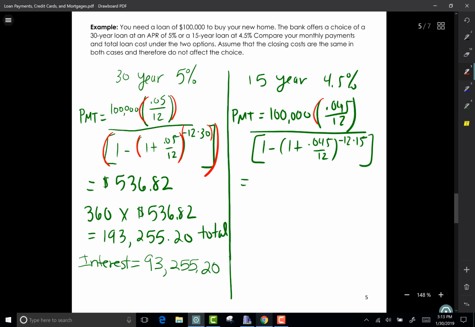Let's highlight our parentheses so it helps us put it in on the calculator. When you put that in on the calculator, you should get a monthly payment of